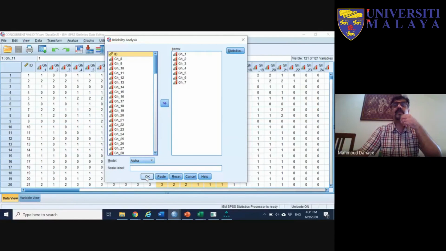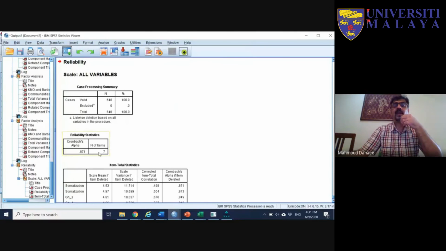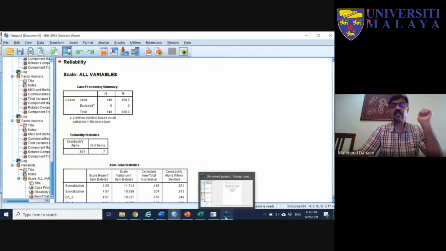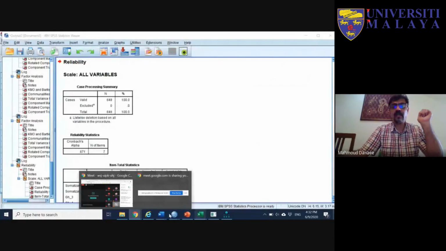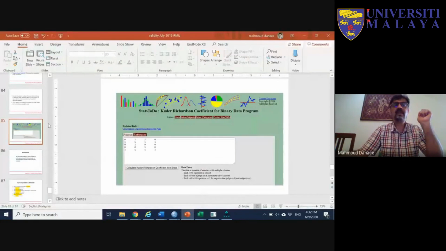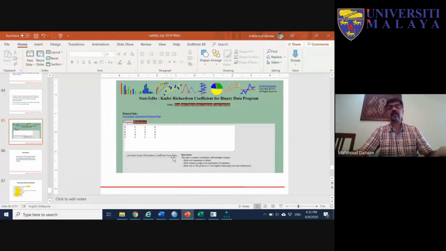So alpha can be used when your items are based on the Likert scale, but sometimes your items are binary items, 0, 1. So if you have dichotomous or binary items, please do not do the alpha Cronbach. Instead of the alpha Cronbach to measure the reliability, please measure the